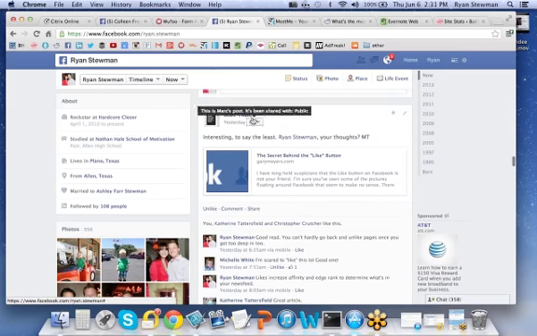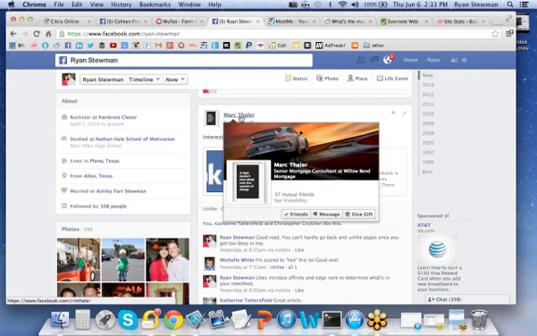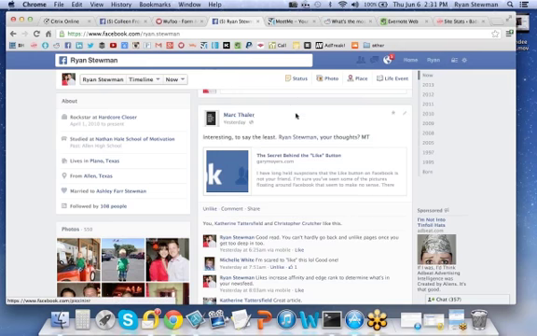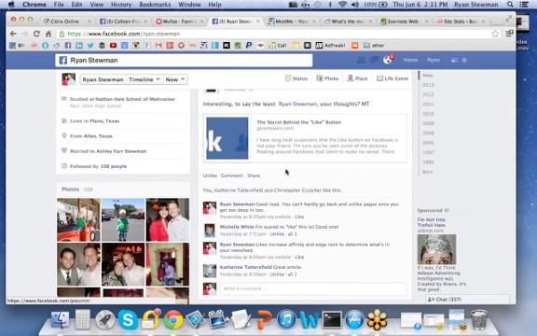Bear with me. I've got a financial advisor client, which is a good lead source. And if any of y'all are in the Dallas-Fort Worth Metroplex and you want to meet up with the new financial planner, I know it says he's a mortgage consultant, but I believe he left that job about 6 or 7 months ago, and he's selling securities and stuff like that. So anyway, he posted on my wall because, when he thought about Facebook and the secret behind the like button, he thought that he would share it with me, right?